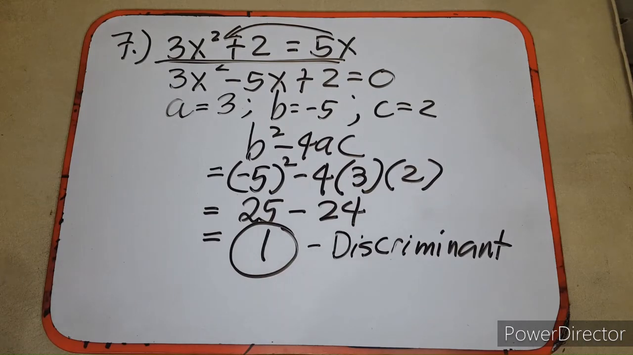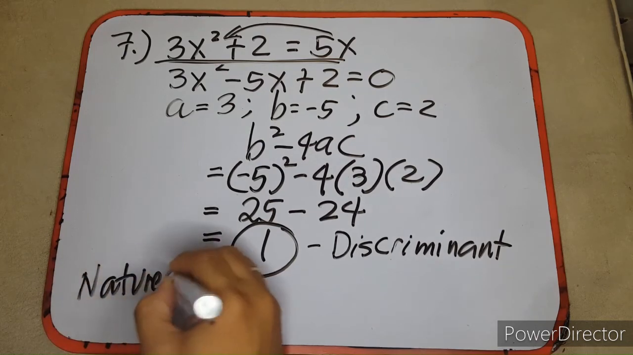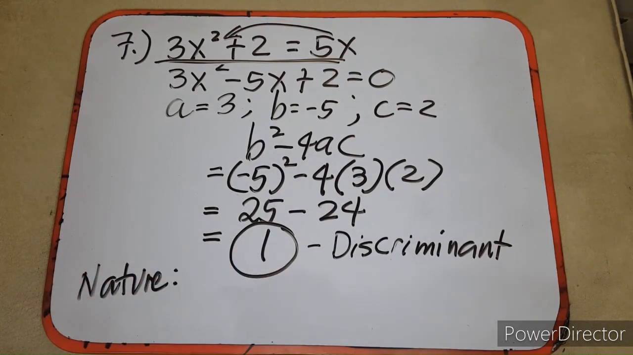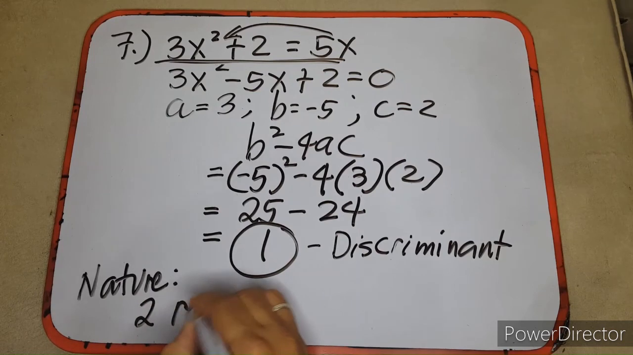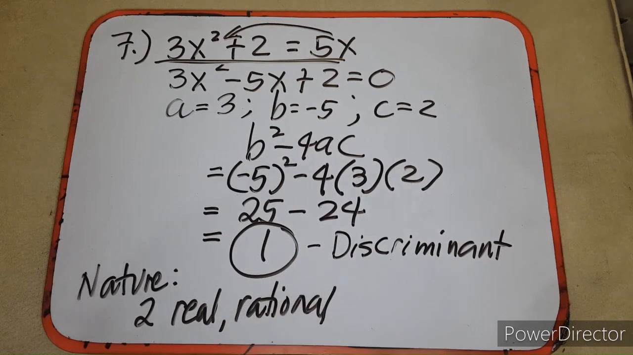So going back to the things that we have to remember, if your discriminant is positive, you have to identify if it's a perfect square or non-perfect square. So since 1 is a perfect square, then we can conclude that the nature of the roots of that given quadratic equation are two real, rational, and